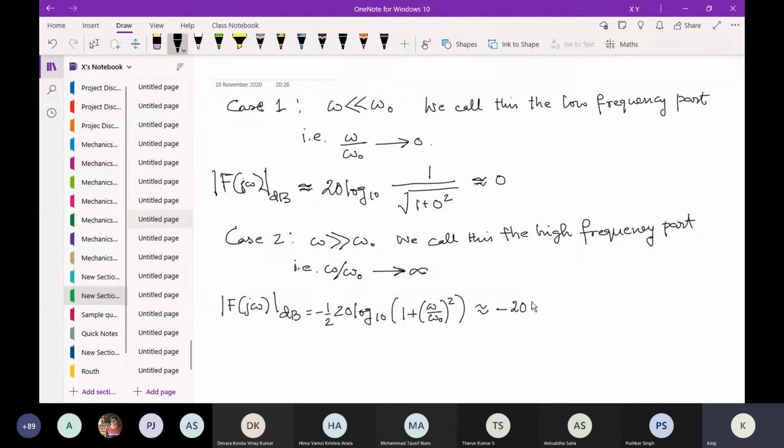So 20 log 10, already it's been divided by 2, and when you approximate, it becomes 20 log 10 omega by omega 0, and if I take this 2 out, and this will actually be equal to